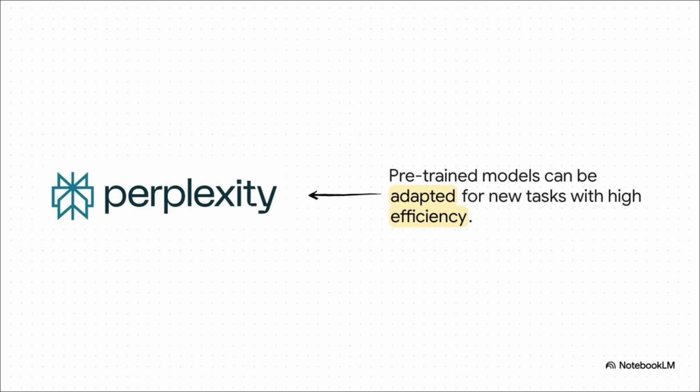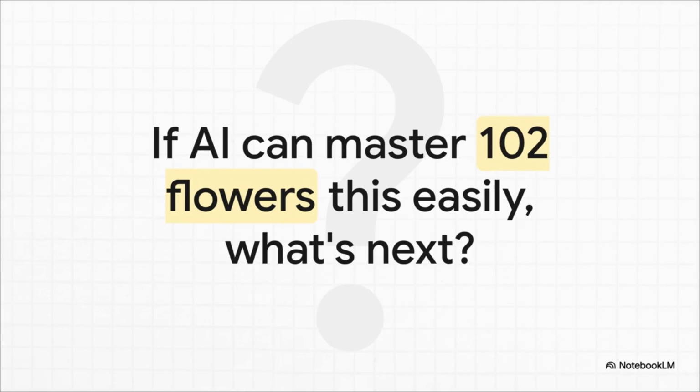It's a game changer. You know, when you see results like this, it just opens up a whole universe of possibilities. I mean, think about it. Accurately identifying rare diseases from just a handful of medical scans, or spotting a tiny defect on a super-fast manufacturing line in real time. The ability to transfer knowledge this effectively completely changes the game. And it really makes you wonder, if an AI can master 102 flowers this easily, what's it going to learn to